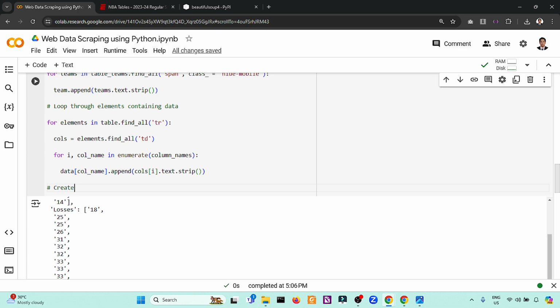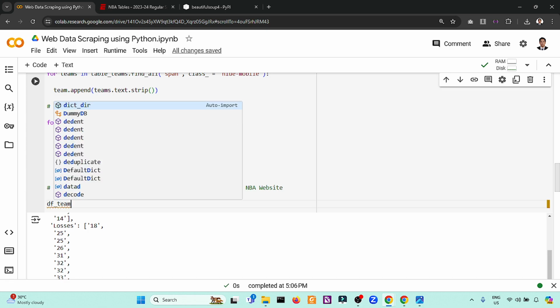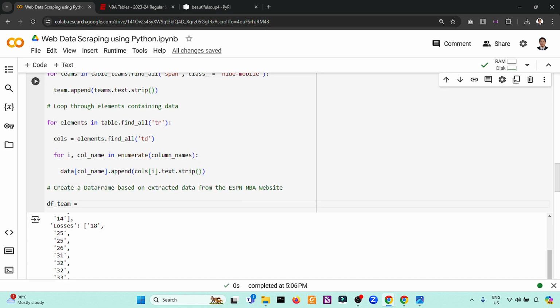So create a data frame based on the extracted data from the ESPN NBA website. We declare df as a data frame, but first, specifically, we will need to extract the specific team only, equals pd.DataFrame.